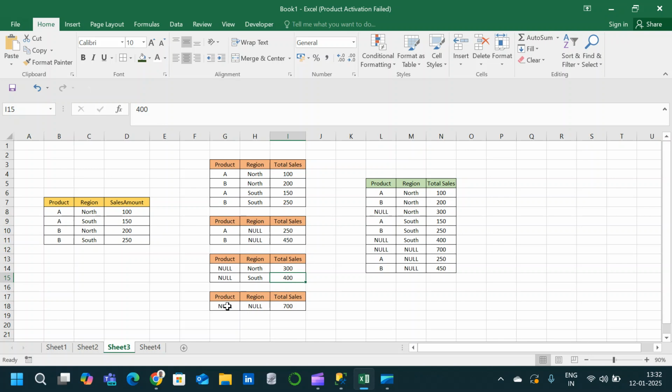And finally, we have the fourth table, which will be the total sales irrespective of the product or region. This is the total sum of sales amount from the input table. That is 100 plus 150 plus 200 plus 250, which will give us 700. And this is the combination of all the four tables which we now went through. Now let us go back to SSMS and see how we can obtain the result using the